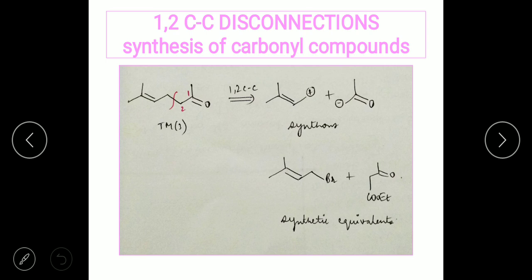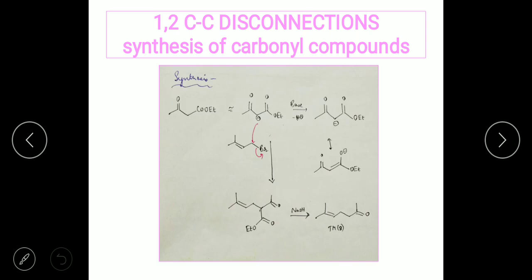And for the other group, instead of writing down a hydrogen or a positive electrophile attacking the nucleophile, you can make use of an ester group. So this is a suitable synthetic equivalent which you can make use of whenever you solve a 1,2 C-C disconnection. You can use a synthetic equivalent as an ester, because this is going to be a very good starting material for the synthesis of the target molecule. So I always suggest all of you to use an ester as the synthetic equivalent for an anion of this kind, so that it is suitable to write down the synthesis.